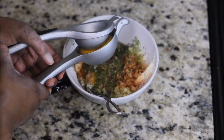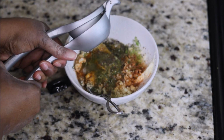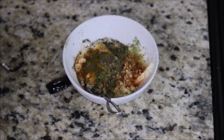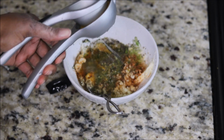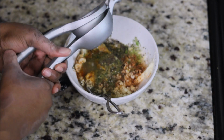Now, you guys, I'm not ashy, so don't think I'm ashy. I have eczema, and it's on my hands. I can't afford to waste gloves cooking. Most of the time, you guys know I use gloves to cook. I just can't afford to waste them because we need them for when we go outside to grab essentials. So I'm not ashy. That is my eczema. I suffer with eczema, just to let you guys know. But anyway,